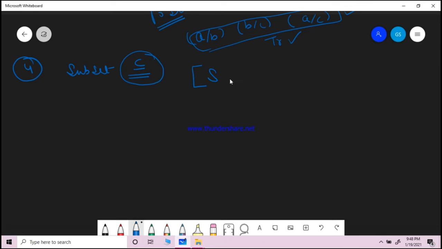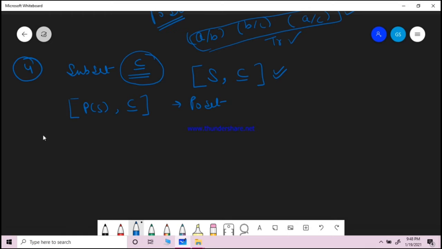You have a poset where you have a set S and the subset relation. This could be your question, or you can simply take the power set of S with the subset property and see if this is a poset or not.